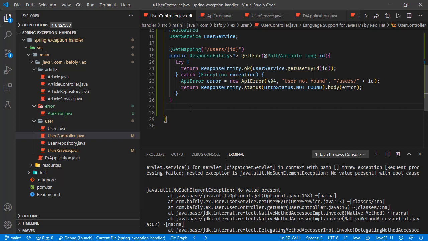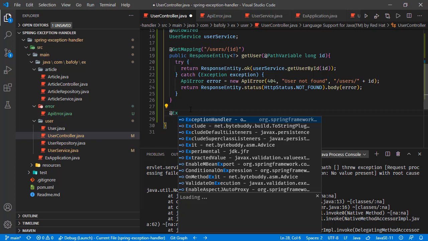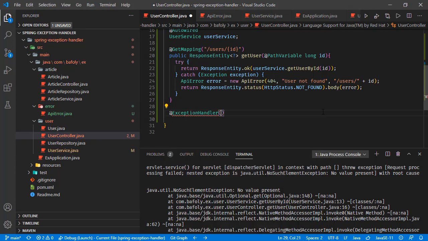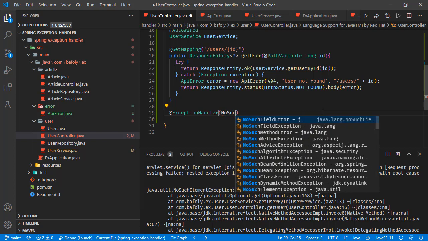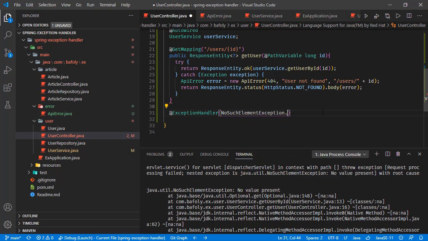So to tell Spring that, we are going to use an annotation of ExceptionHandler, and to this annotation we are going to pass the actual exception class, which is no such element exception,